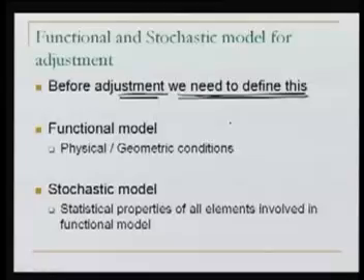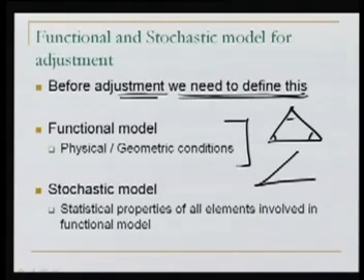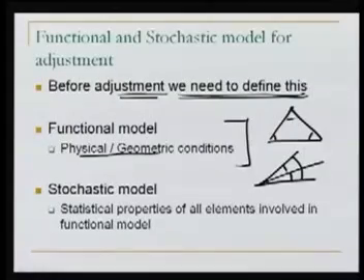The functional model is, as we have seen earlier also, sigma theta is 180. It's a functional model. Similarly, alpha 1 plus alpha 2 is equal to alpha 3, whether by the geometric condition or the observation condition. As we have seen previously also, these are the functional models which are because of physical or geometric conditions. Now the stochastic model is,